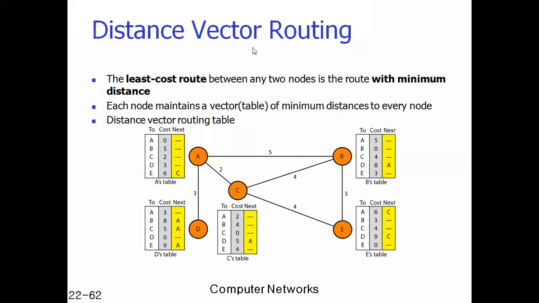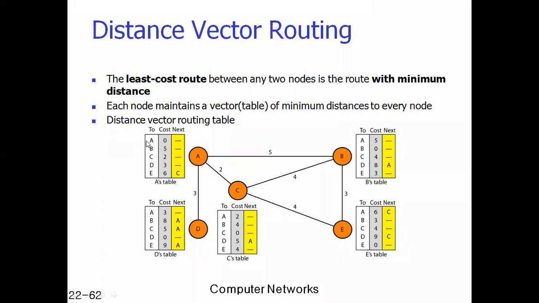The distance vector routing protocol is a very simple routing protocol, and you can easily understand its working. Here you can observe there are multiple nodes. These nodes are like routers; in RIP we can say these are the routers, but here they are nodes. Each node maintains its own vector table, and in the vector table it maintains the information about the complete topology.